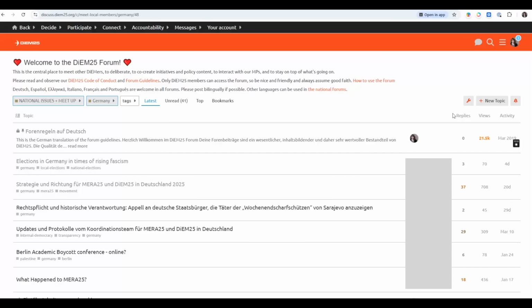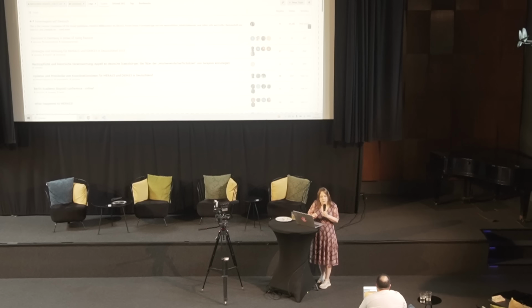And we've made it so that the forum subscription, basically the notifications that you get from the forum, are also based on which country you're in and which topics interest you. So if someone writes in a policy discussion group on migration and you indicated that migration is one of your interests, then you're likely to get a notification from the forum. And if someone else is not interested in migration but is interested in tech sovereignty, then they will not get a notification. So we're really trying to keep the noise down and give you a high signal ratio.